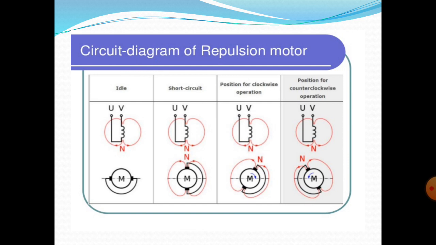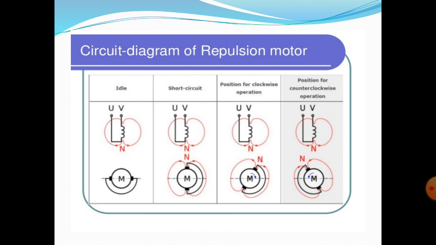And the space angle between the field flux and the armature mmf in this condition is 180 degrees electrical. In the last case, case 1, there is no interaction between the field flux, that means a fixed flux, and the armature winding. But in this second case, the space angle between the field flux and the armature mmf is 180 degrees electrical. Hence in this case the electromagnetic torque is also 0.